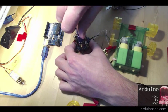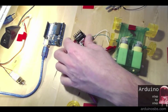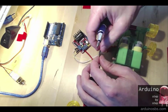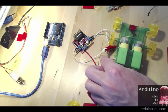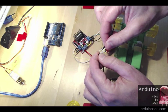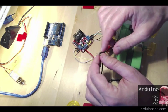This breakout board has got a voltage regulator, so as long as the power you're providing is above 6 or 7 volts, it will work. The regulator is going to adjust that voltage as needed. And also